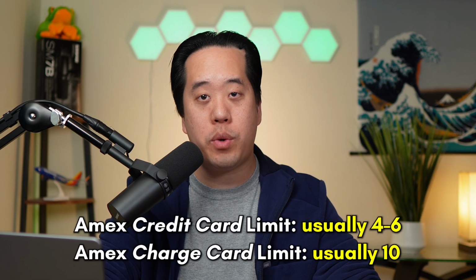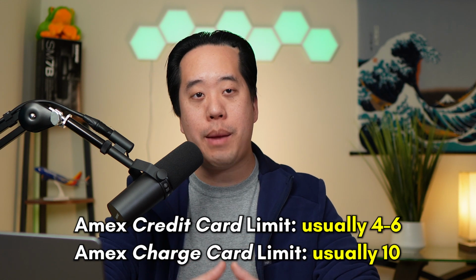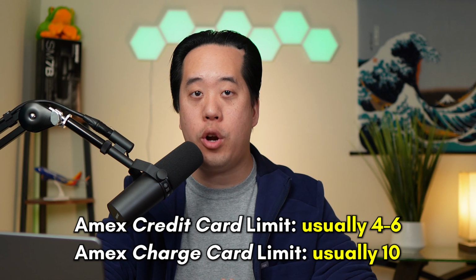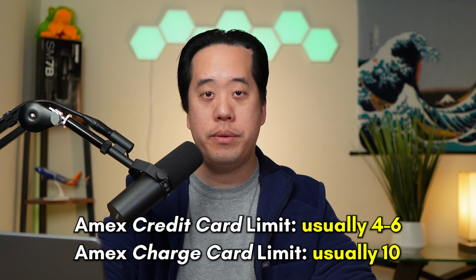For those of you who aren't familiar with American Express's rules on this, they only allow you to have a certain number of credit cards depending on your existing relationship with them. The most common limits I've seen are 4, 5, or 6 credit cards, and of course, these don't include Amex charge cards such as the Amex Platinum or Amex Gold cards, which have their own limit, which is around 10 cards. From my last application, I know that the maximum number of Amex credit cards that I could have is 5,